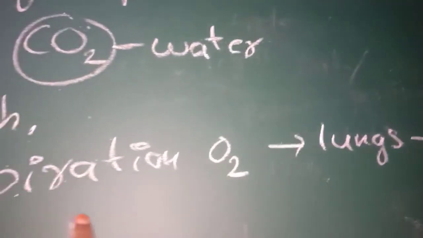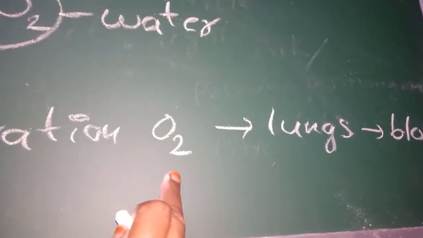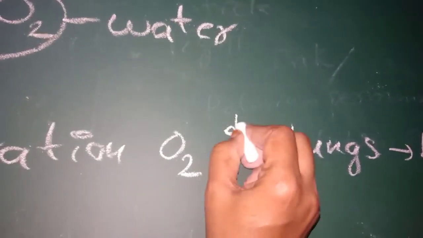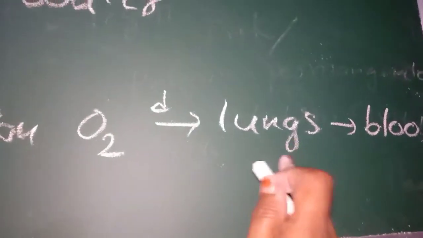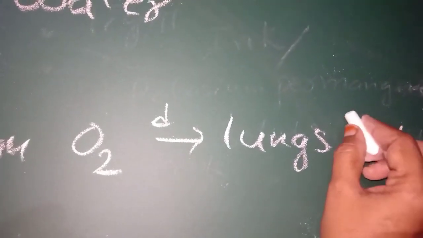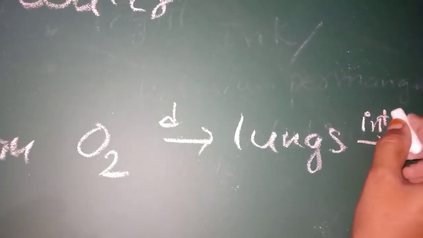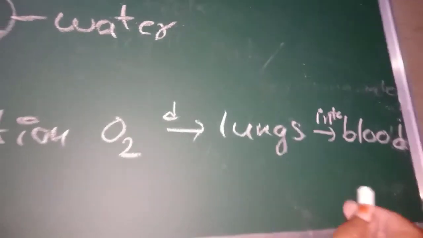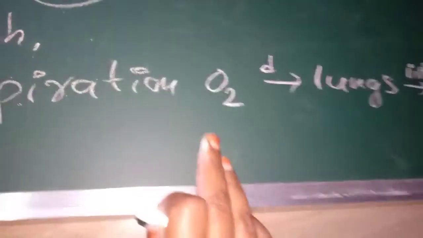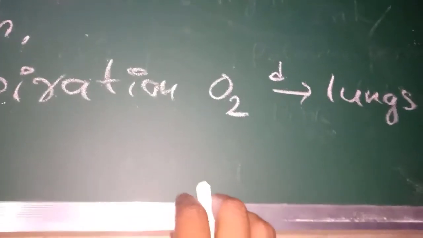What is happening in respiration? O2 diffuses from the lungs into the blood. O2, and CO2